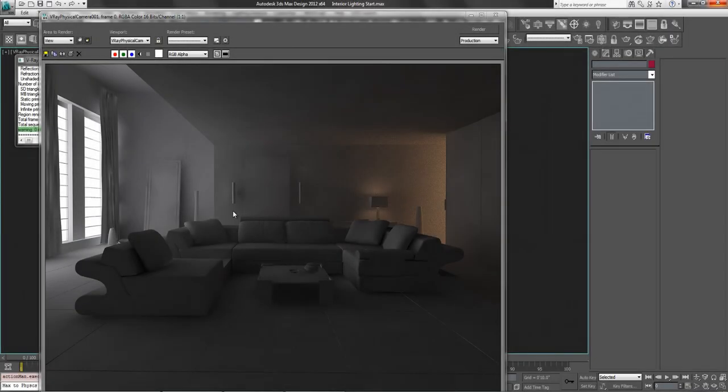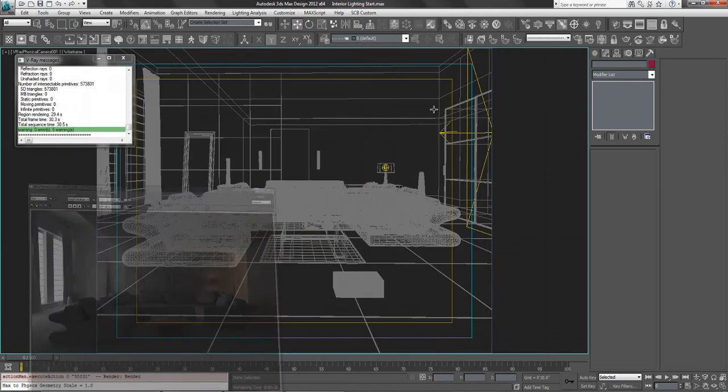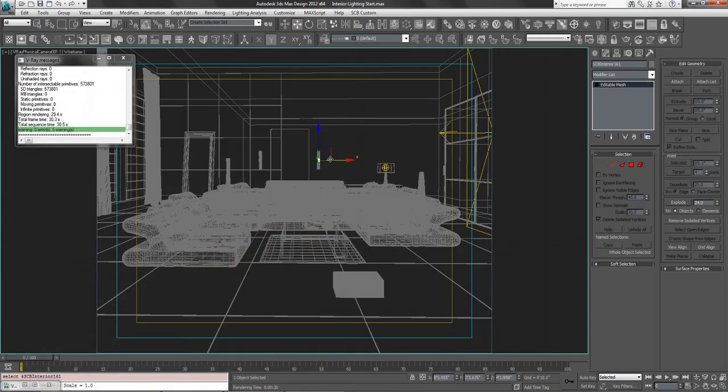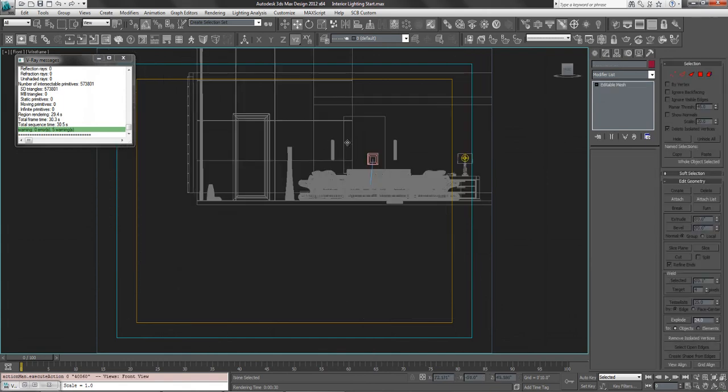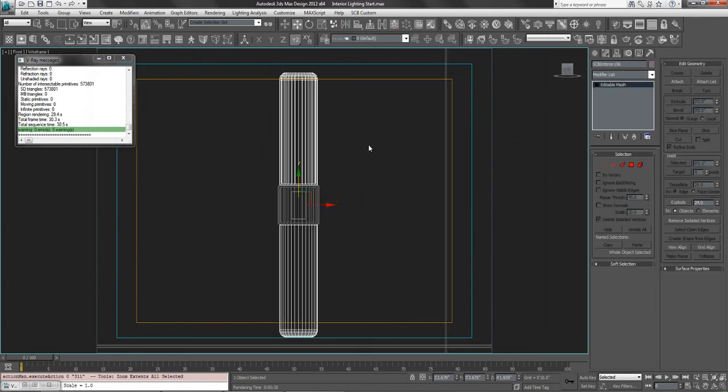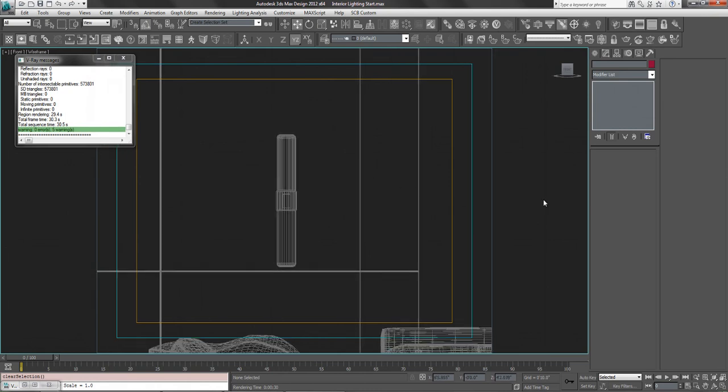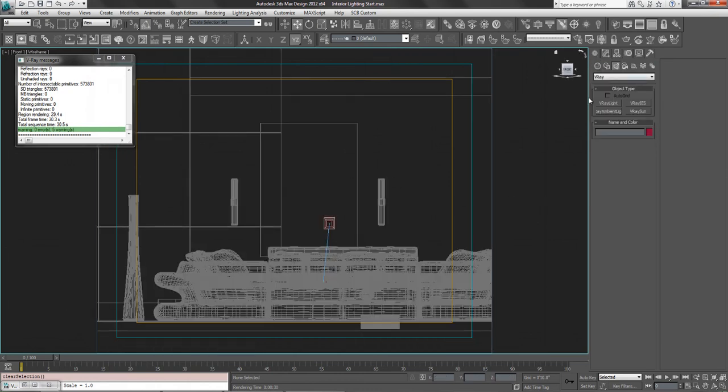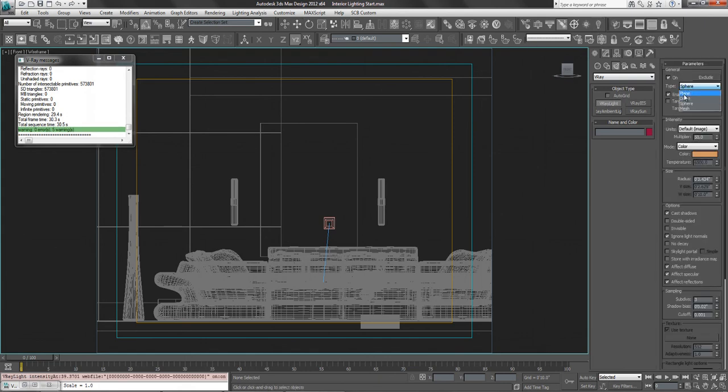Now these guys are wall washing, so I want to have them point towards the wall, so they're kind of like an indirect illumination on the wall. So I'll select one of them, go to my front view, Z for zoom. All right, and we're going to make two lights, one an instance of another. So again, I'll go to light, and in this case, a plane is fine. I click, and I draw,